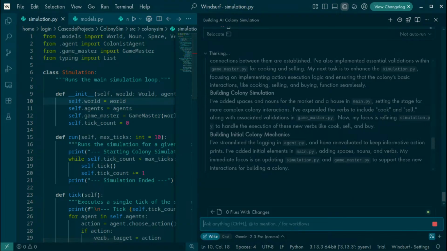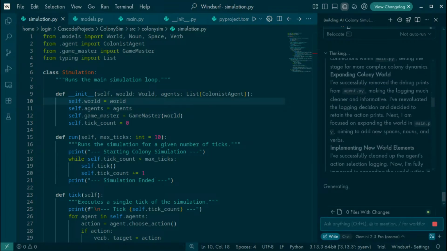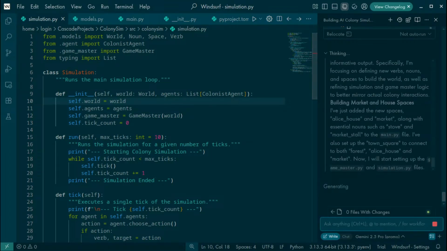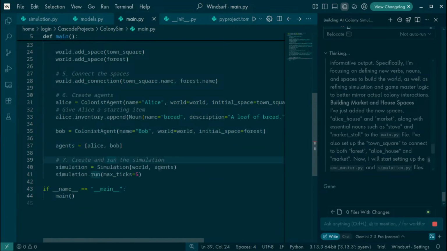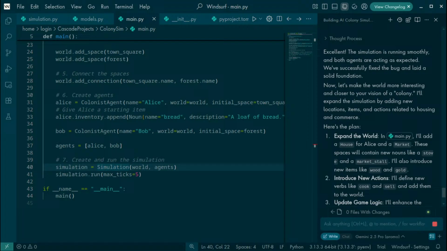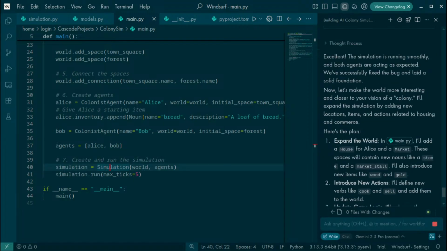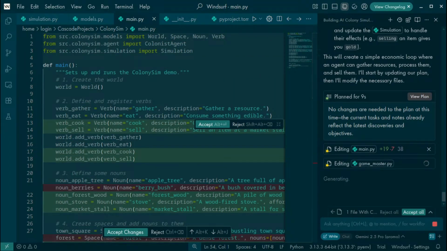Okay, I'll take a look at what he's written so far while he works on that. Can I turn on auto run so I don't have to keep approving his actions? Okay. So let's go into main. This is the main, and then that goes into simulation, tells the simulation to run. Where is the simulation? Can I control-click to go to the code? No? Okay. The simulation is running smoothly. Is it? I didn't realize you had the ability to do that yourself. No changes are needed to the plan. Okay, he's cooking.